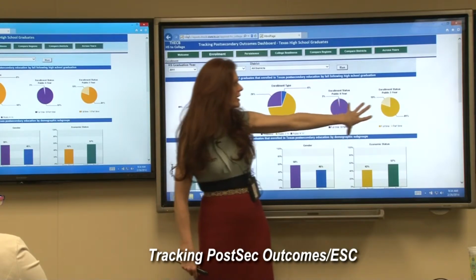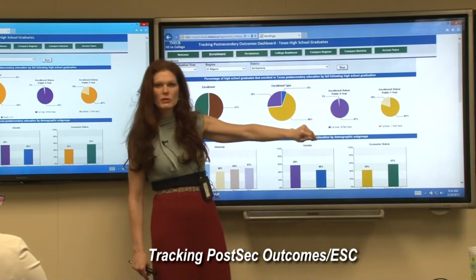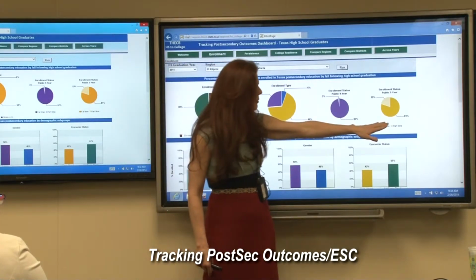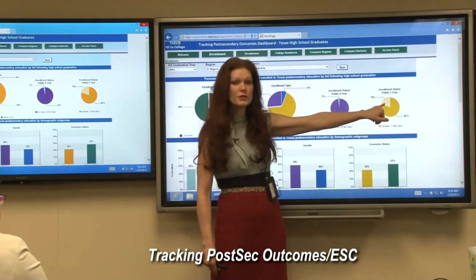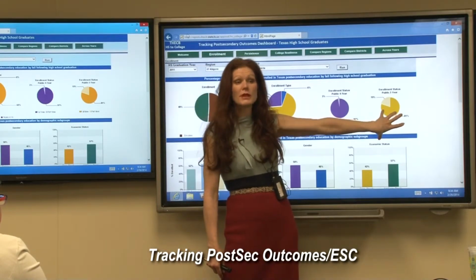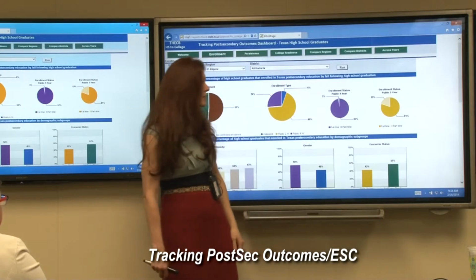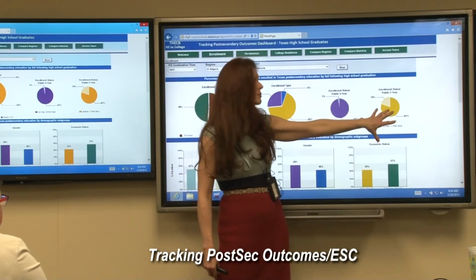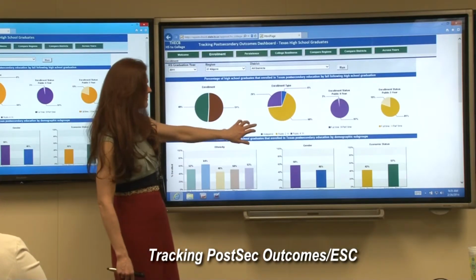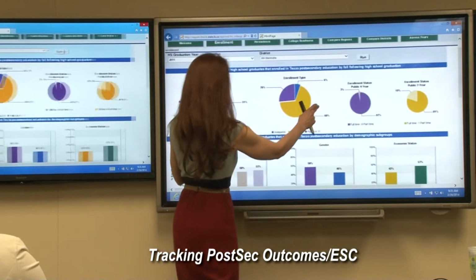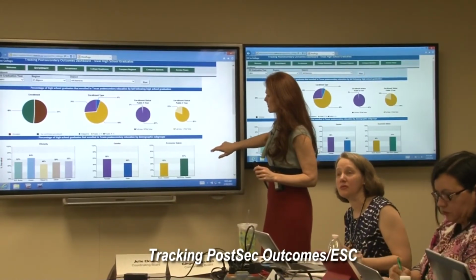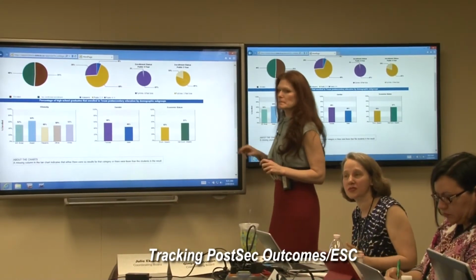And this is a nice place for you to look when you're talking to your district partners about how they should advise students or how they should ask students to think about higher ed, because at the 2-year, a higher proportion of students are part-time versus if they go to a 4-year. And part of that's just because students have to tailor their education to what works for them, and that's okay. But you'll almost always see that 2-years have a greater proportion of part-time students. One thing I want to add to that too, Ginger, is that when we track full-time and part-time, we only track it from the first time the student enrolls. So we talk about first time full-time or first time part-time